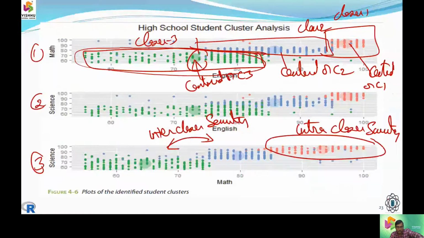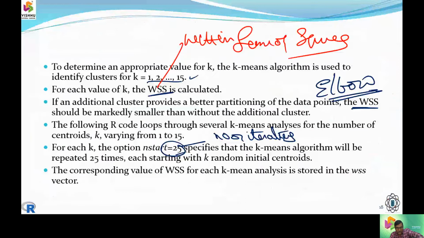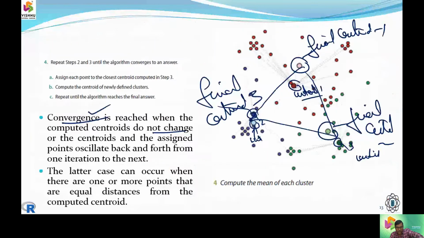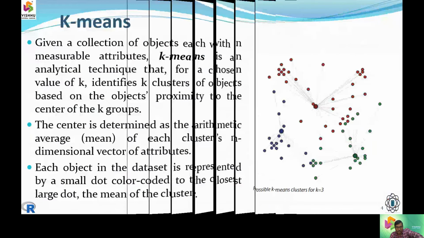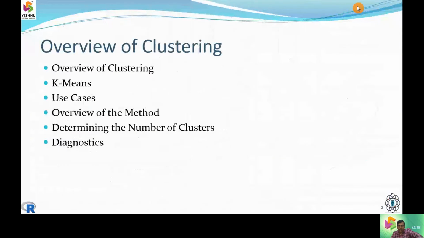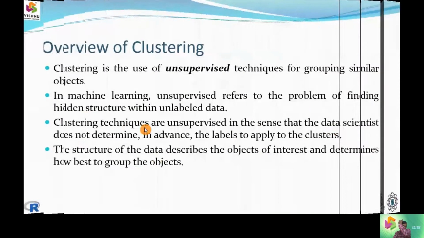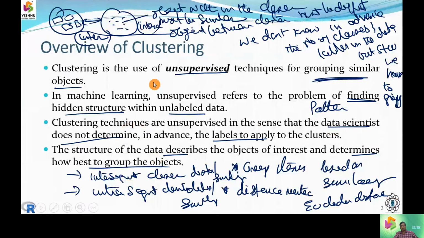So what we have taken up for this chapter, for this topic, was we started out with the overview of clustering. In this overview of clustering, we talked about how we don't know the labels in advance, so we need to do grouping based on the similarities. That similarity is taken up with objects within a cluster and objects between clusters. Within the clusters, they should be very similar, and between the clusters, they should be very different.